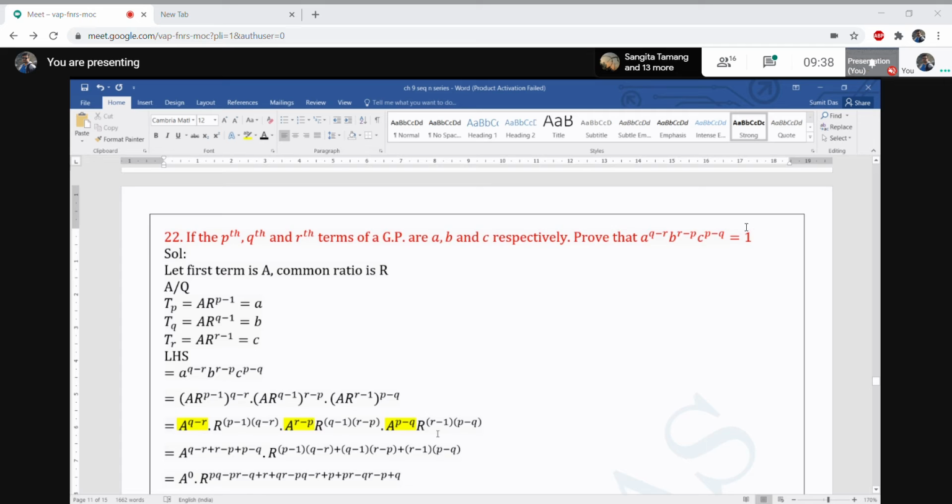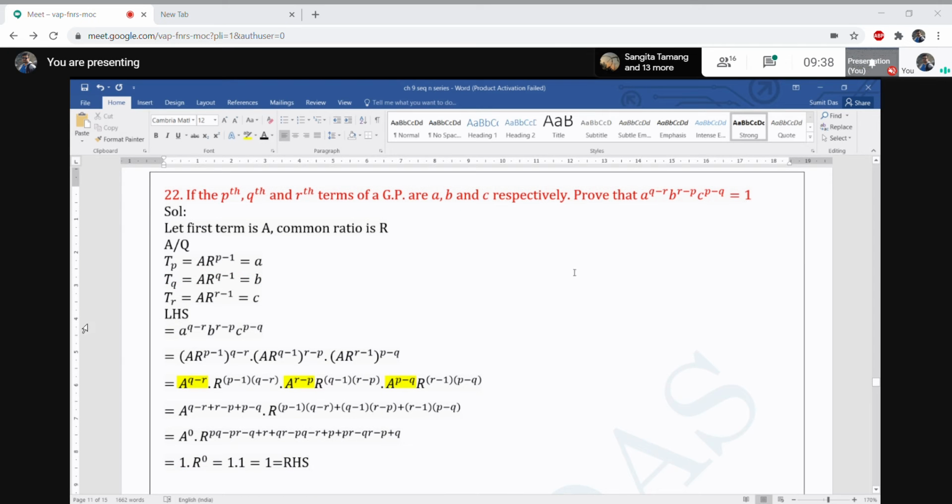Look, equal to 1. So this is an important question, because many students get stuck here after putting in the values. All this is class 9 standard calculation, but many students get stuck because they don't have a good base of class 9 and 10. So practice this one. This is an important question.